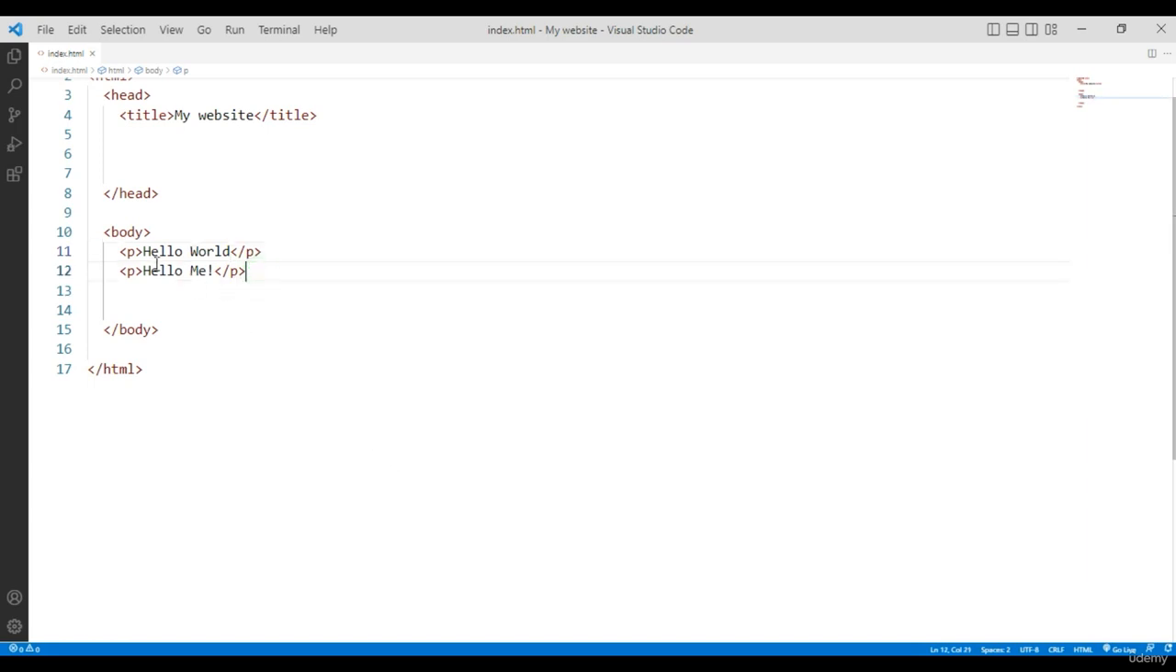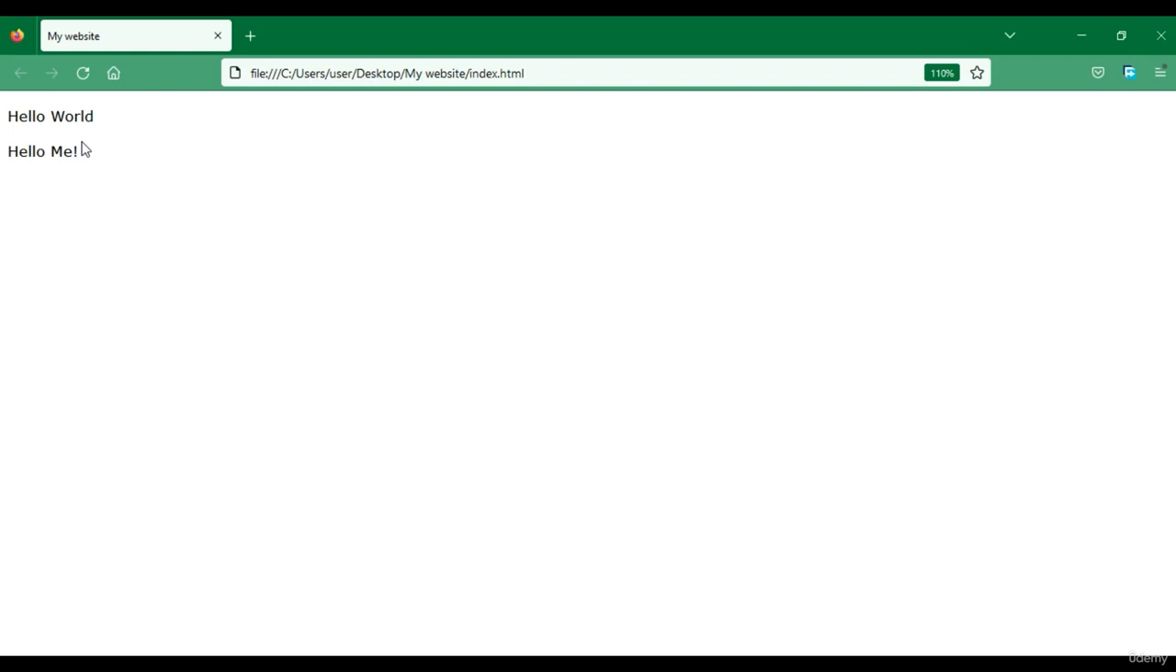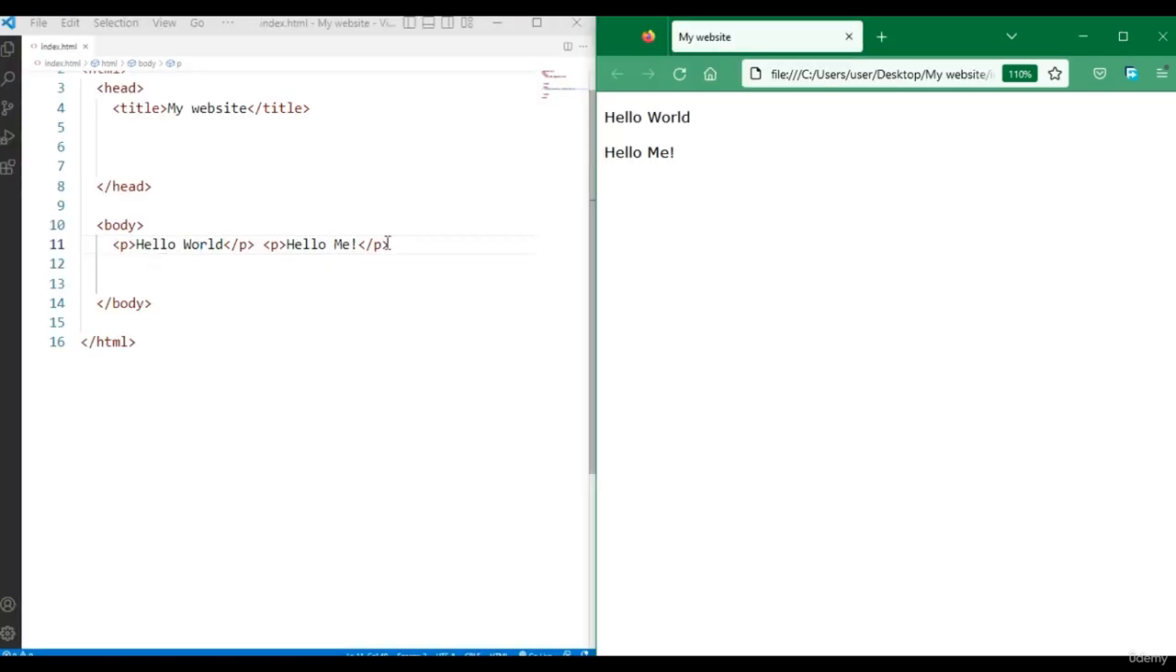Take for example, I have two paragraphs right here. If I stack these paragraphs side by side in one line, let me save this. As you can see, despite the fact I have two paragraphs in one line, the browser automatically moves the next paragraph to the next line. That's because this first paragraph has taken the whole width of the page. So when an element takes the whole width of the page, whatever element comes next has to go to the